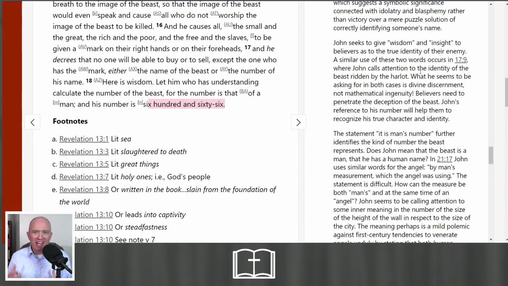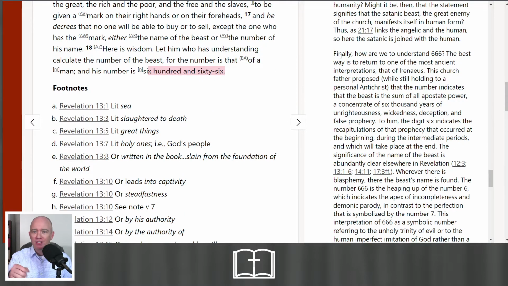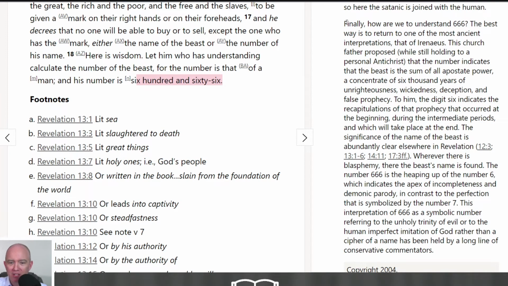So if that's not what he's doing, if John's not asking us to play the number game, what is he asking us to do? John is asking us to understand what the symbolism of these numbers means. So the commentary is going to offer an answer, and I think this is a good answer, to the question that I really think is very likely what John had in mind, or what God had in mind in revealing this number. So here we go. Finally,